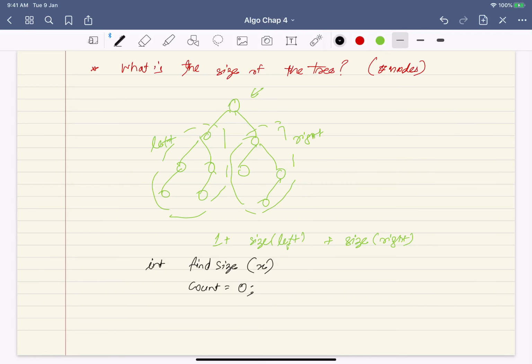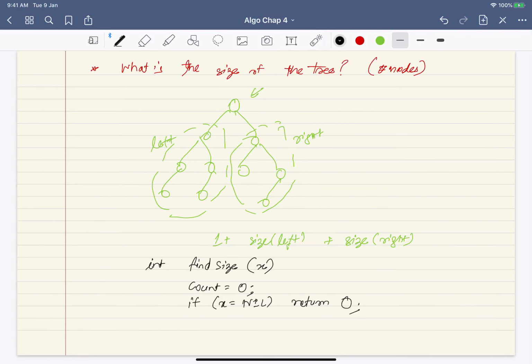Now the base case, since it has to be a recursive function: if x is nil, you return 0, size is 0. Then you recursively count the size for the left and the right subtree. You call this function over the left of x and return the number.